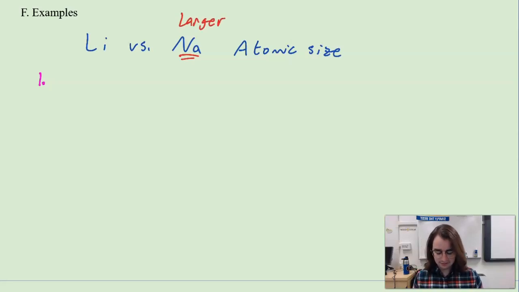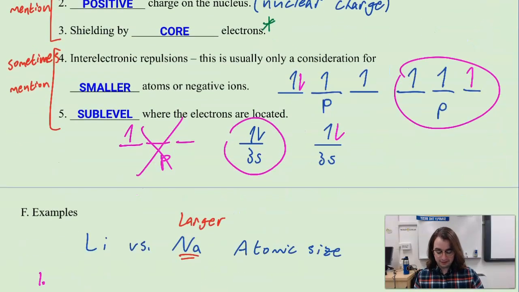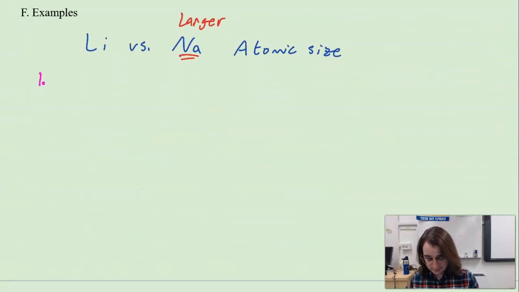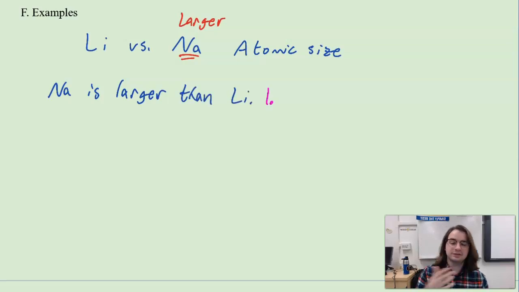So now that we know that sodium is larger, let's explain ourselves. So let's start at number 1. Let's talk about the principal levels where the valence electrons are located. Let us start plainly first, though. Let us say Na is larger than Li. And now that we have that, let us start talking about why. So we're talking about principal energy level first. Remember that if you think about it, Na has more layers of its onion, right? So all we really need to say is that Na